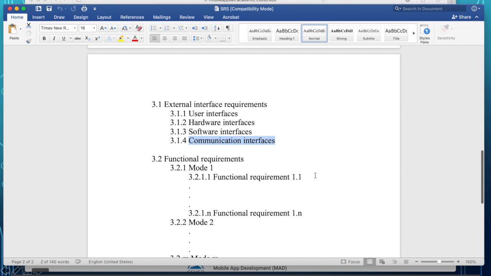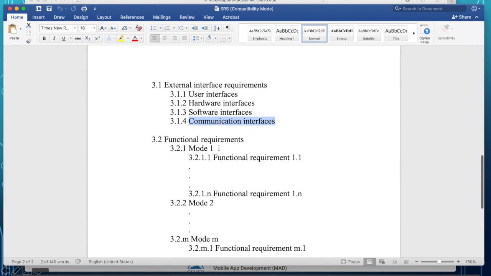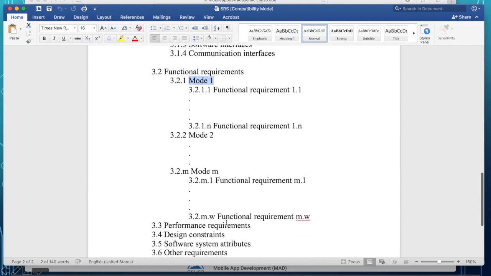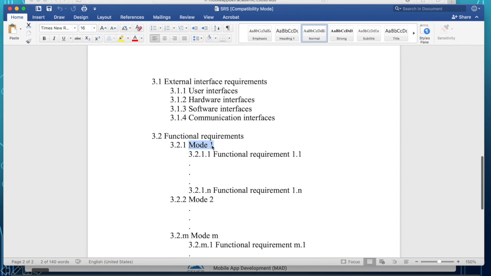Okay. Now here are the functional requirements. So for a specific user interface over here, you talk about mode 1. So mode 1 for this user, what are the different users? You define the functional requirements for a specific user in your use case diagram.